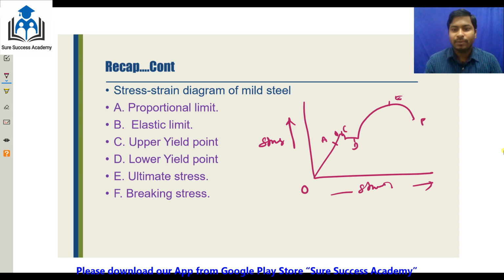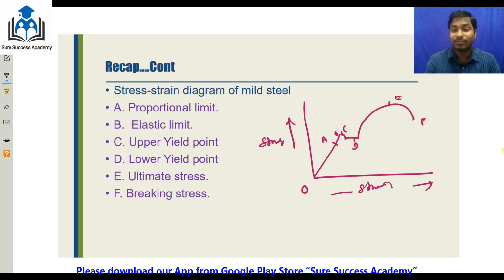And after B, if you load further, the plastic deformation will start. If you remove the load, it will not come back; that point is called the yield point. At the yield point, even without much additional load, more strain will occur. At the lower yield point, the load drops to a lower value, and after the lower yield point the material regains